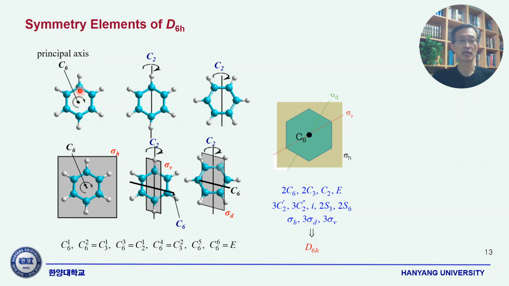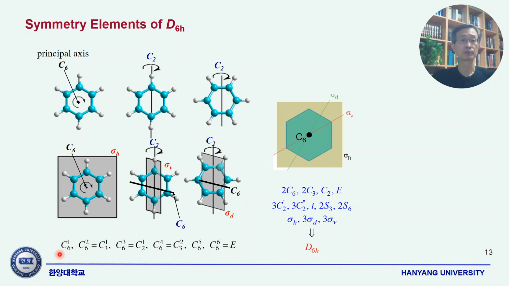C6 axis means that 360 divided by 6, which is a 60-degree rotation. Each 60-degree rotation, you'll find the same conformation. You don't see any change in its shape. So C6